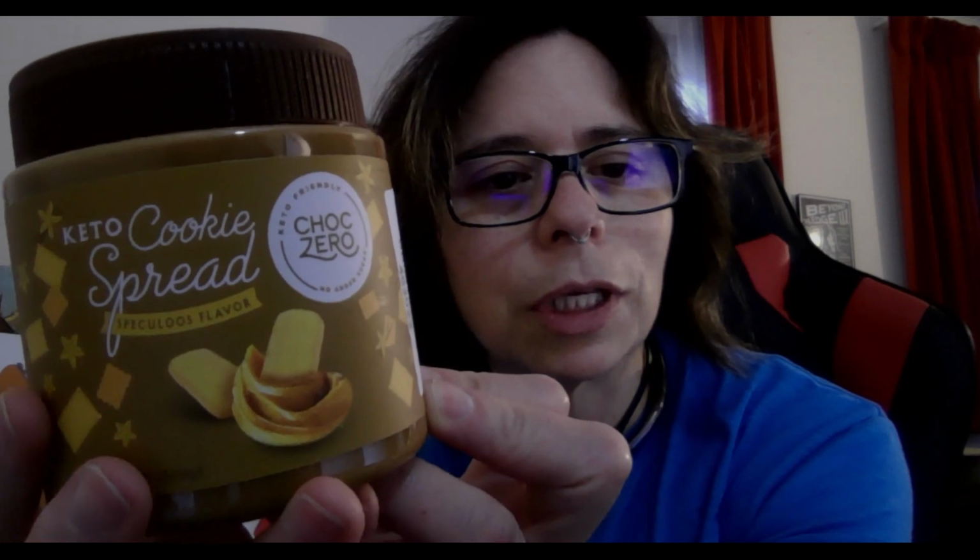All right. There is Keto Cookie Spread by Chalk Zero. Oh, and it's a whole jar. That's very generous. I don't know what cookie spread is, though, so let's find out. I will say, it looks nice. The label is real nice, and it shows a cookie. It looks like nut butter, but the label